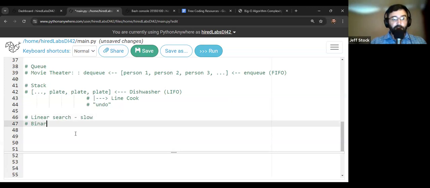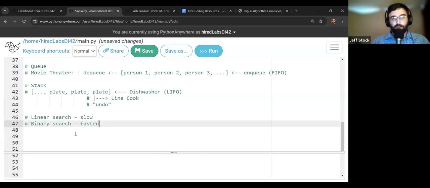The other one that's very commonly talked about, and it's good to know, is binary search. This is much faster, but it's by no means the fastest way to do it. Like I could probably not misspell search, huh? So binary search. If you think about an old school paper dictionary, I don't know if anybody's even used one of those in the last decade or two, the way that those work is binary search, right?